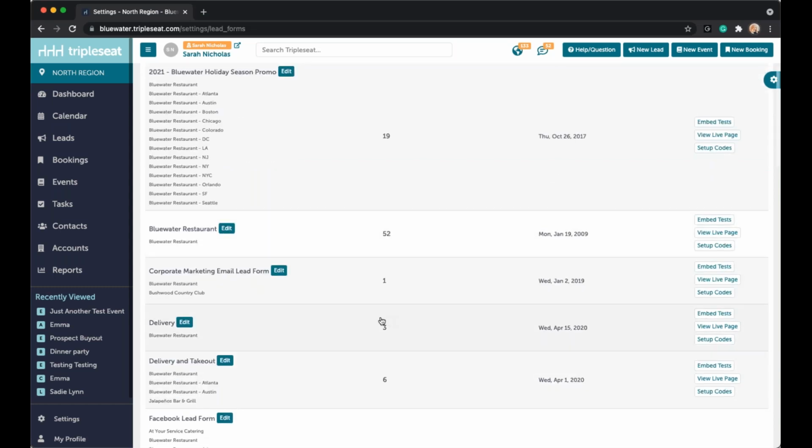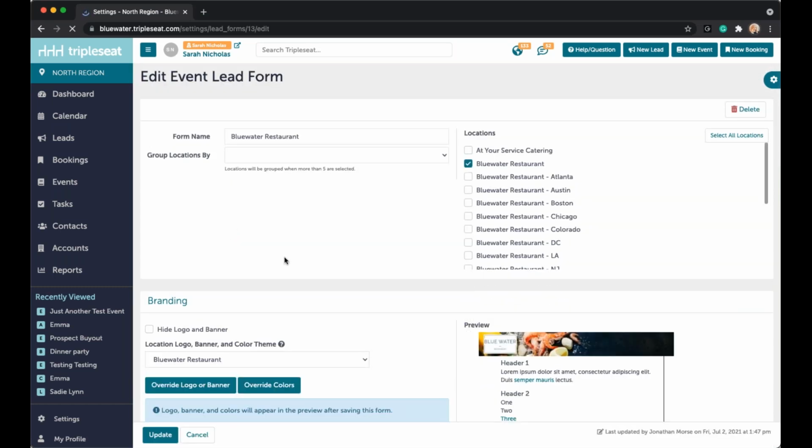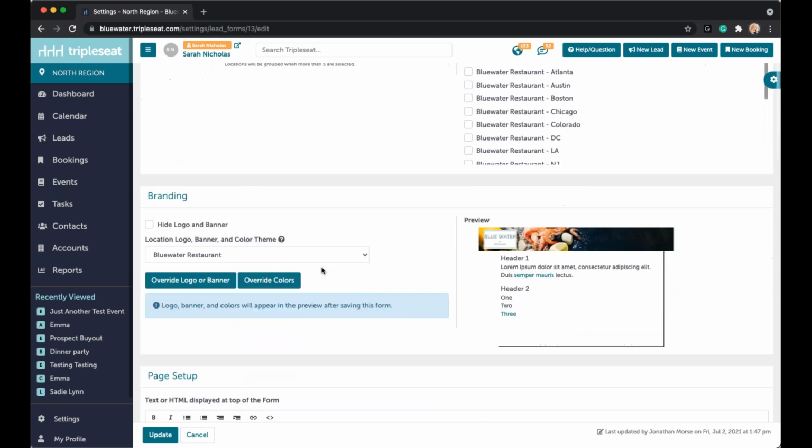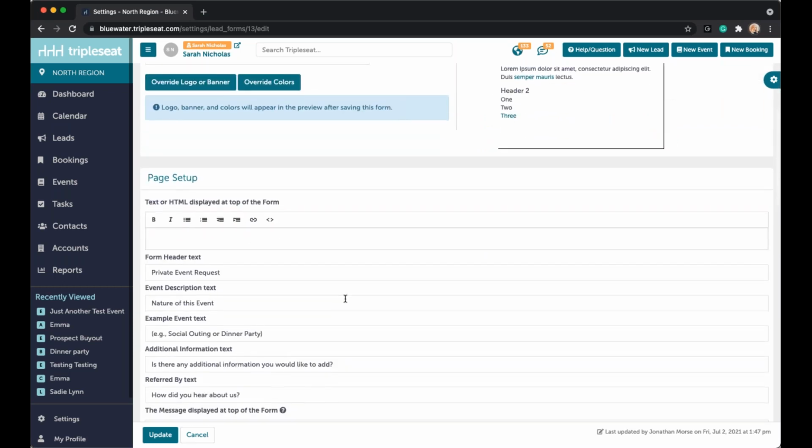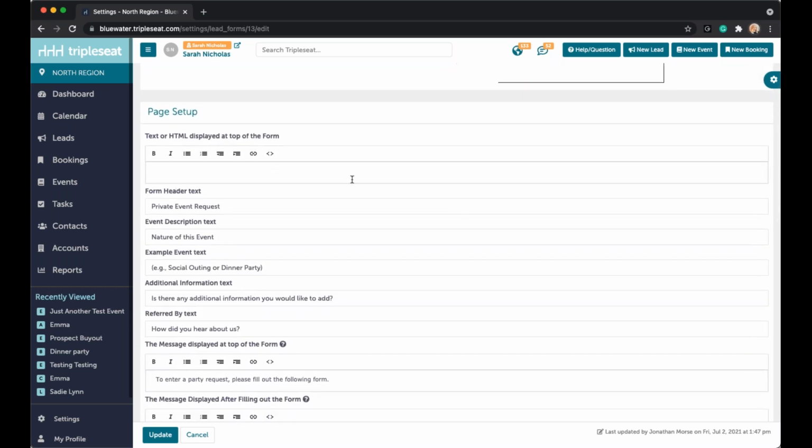So you can have as many different lead forms as you want to. Let's say that this is our standard. We'll take a look at it. So you have the form name, you can select which locations it belongs to. You can customize the form itself to match your branding for that specific location. You can adjust the verbiage here, and it kind of walks you through